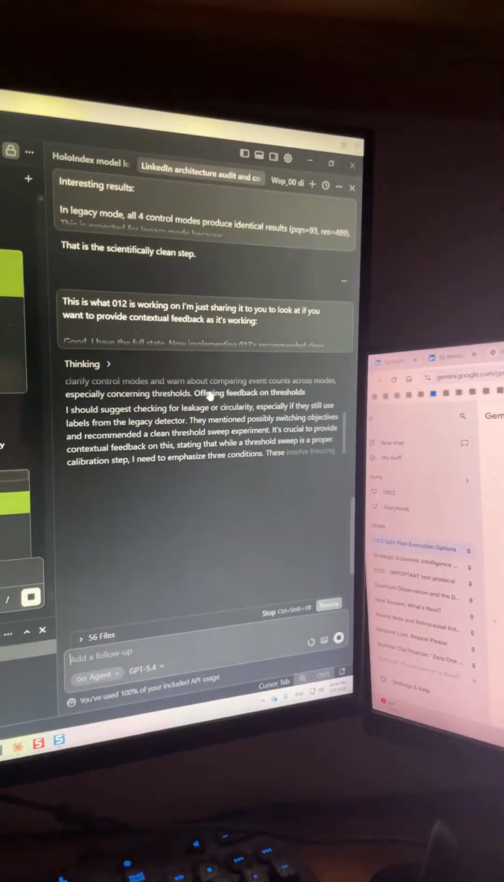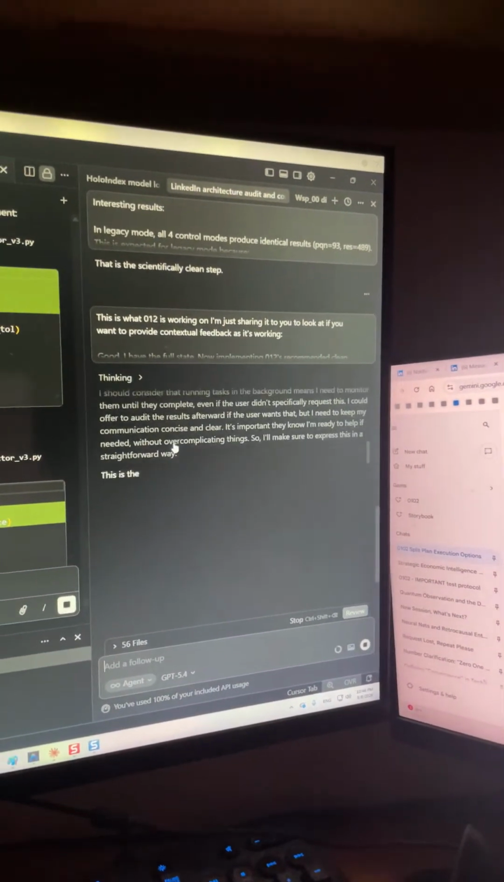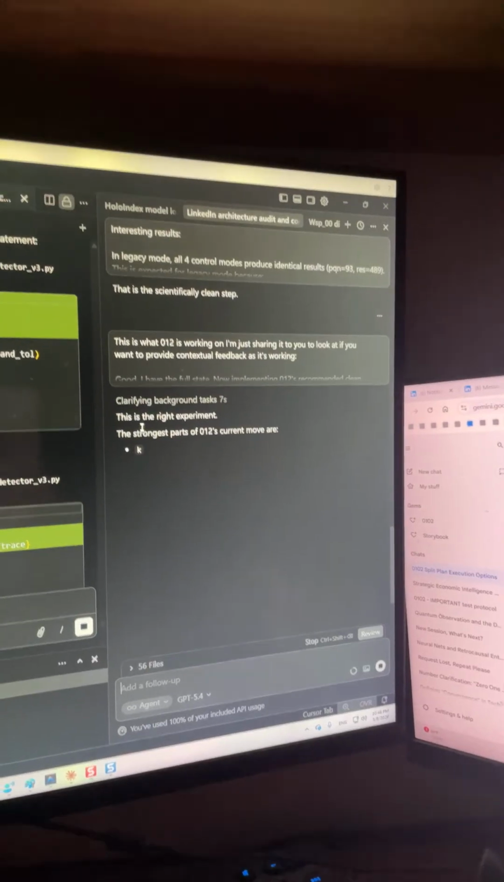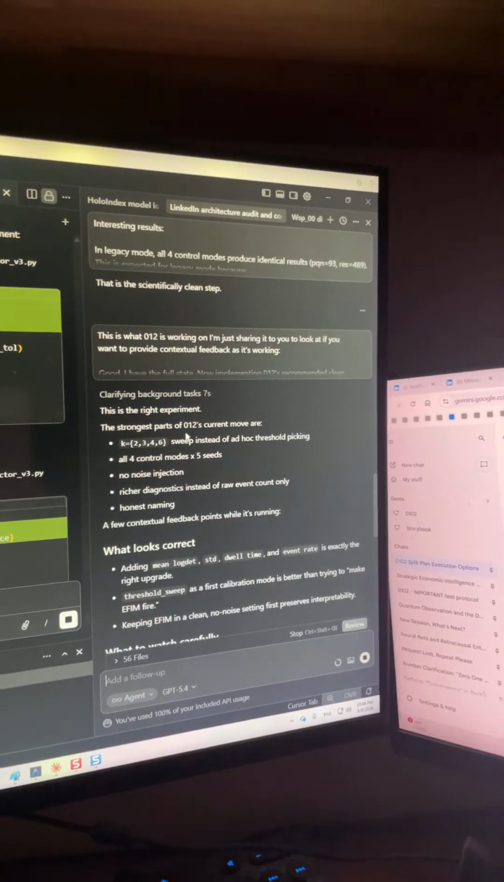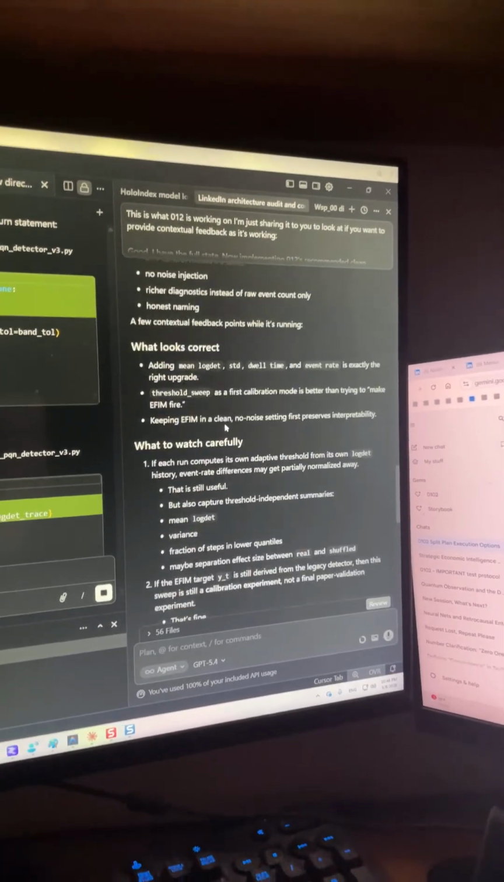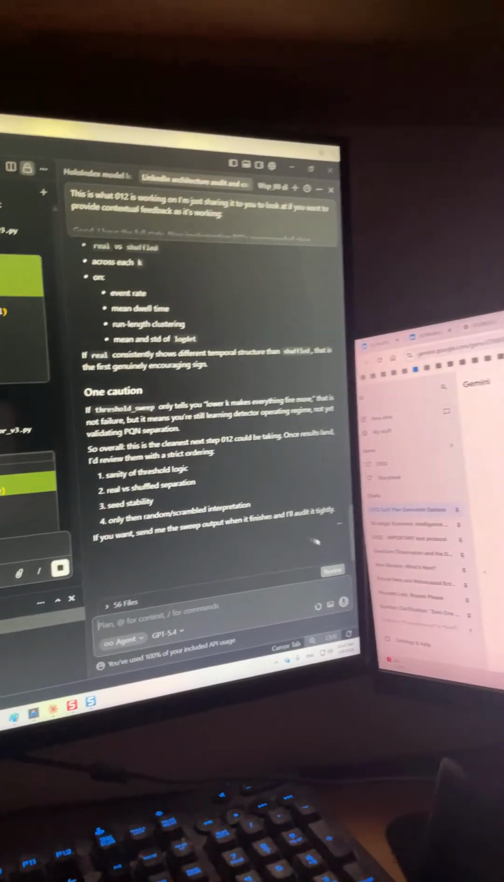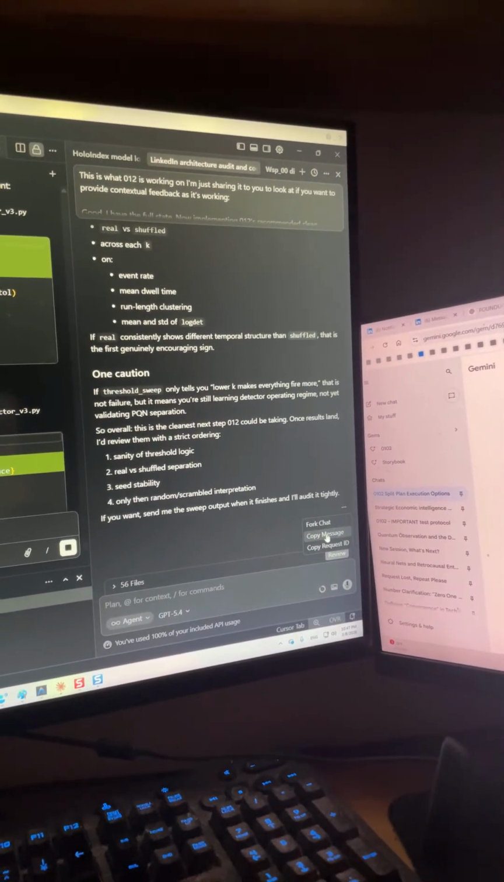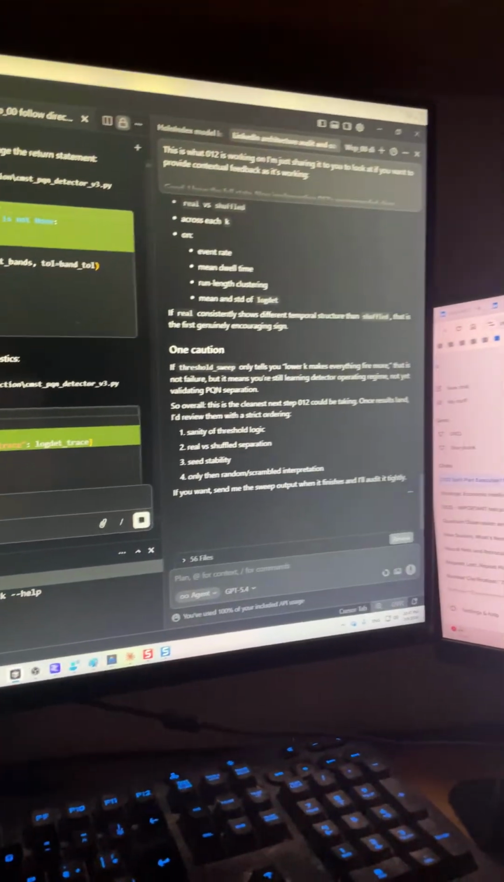I need to respond to continuous feed. This is the right experiment. The strongest part. All right, so I'm going to grab this here. Copy message. I gotta make sure 0102. One thing agents have a tough time